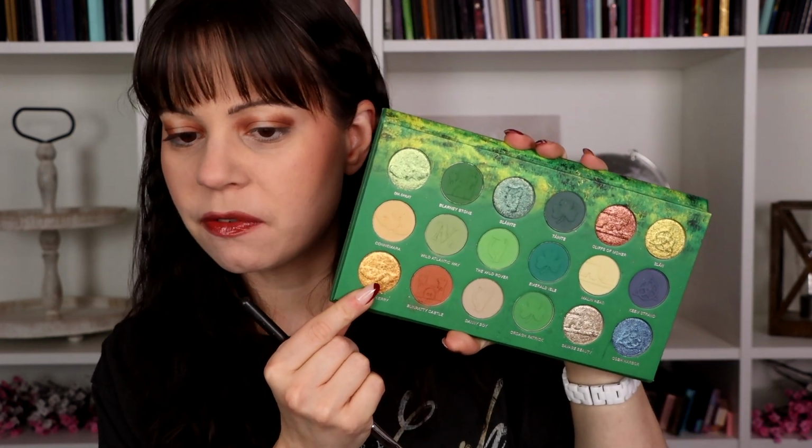So I'm going to take the shade Ring of Kerry, which is this beautiful gold shade. These shimmers just pick up so nicely, even on a dry brush. It's just really nice. I'm using my